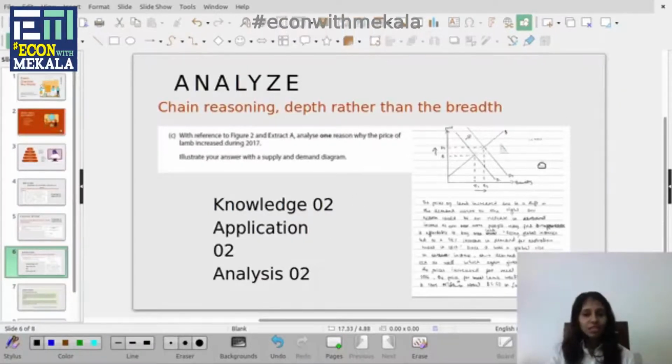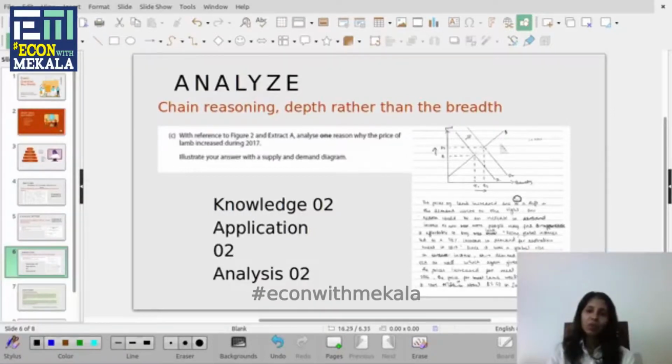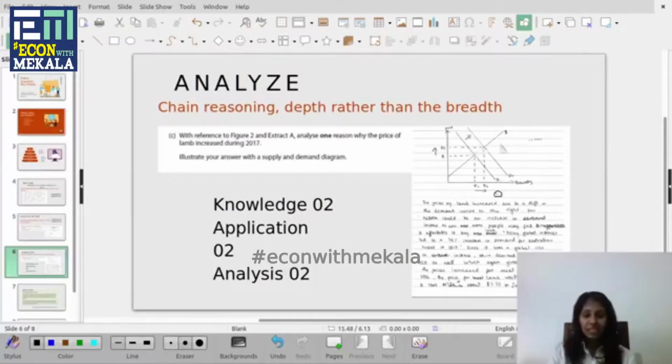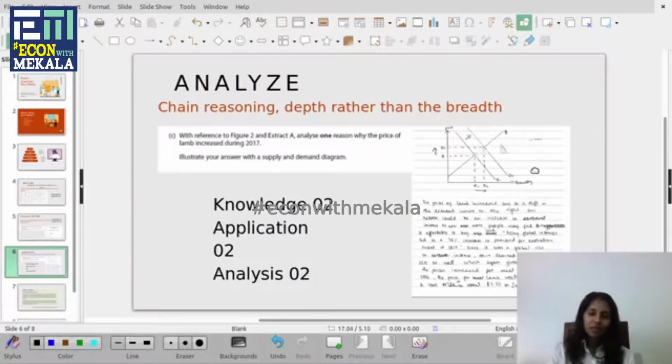I would say this is a well constructed graph because he has done the labeling properly and has given all the information in this graph accurately. So that is important. When you draw a graph, especially for economics or business studies in the exam, make sure you label your x and y axis and draw the initial demand and supply diagram accurately. You can still score marks.